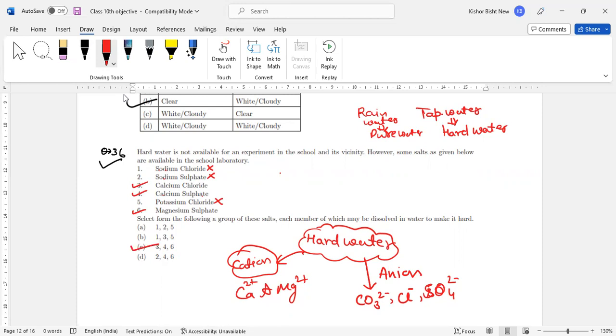So please remember, in hard water the cations present are calcium and magnesium, and the anions present are carbonate ion, chloride ion, and sulfate ion. And sometimes they can ask you one more question,